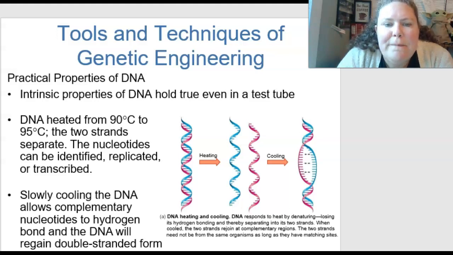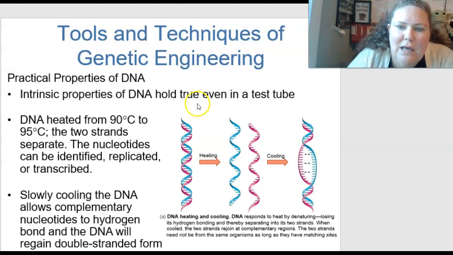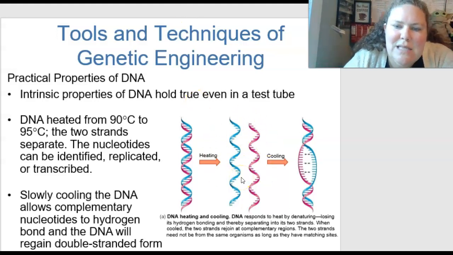When we do some of these techniques, the DNA is going to be heated from 90 degrees Celsius to 95 degrees Celsius. Basically what happens is this breaks some of those bonds, the hydrogen bonds, right? Then these two strands are separating, because remember, DNA is a double helix. So when we do this heating, it will denature it and separate those two strands. And then we can replicate it,